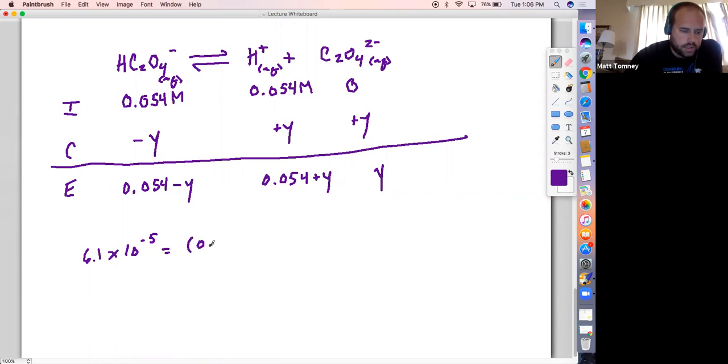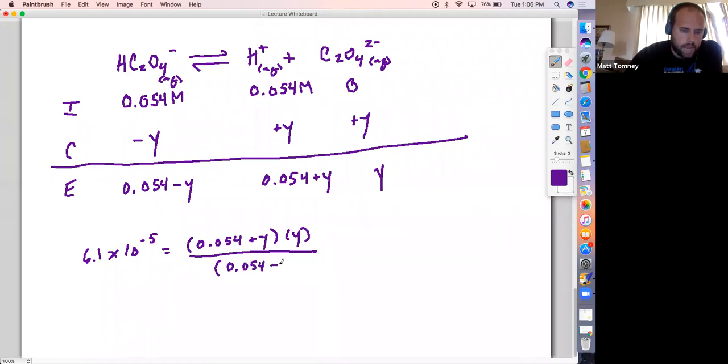So it's the product, so I have to include the H plus there, which we said is 0.054 plus Y. Right? And then Y, that's from the base. And then the acid that is now monoprotic was